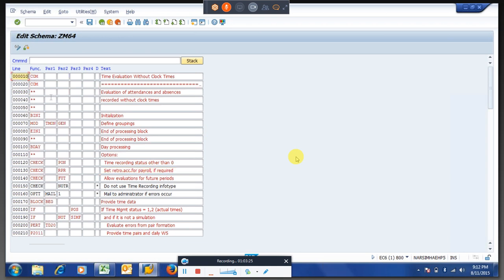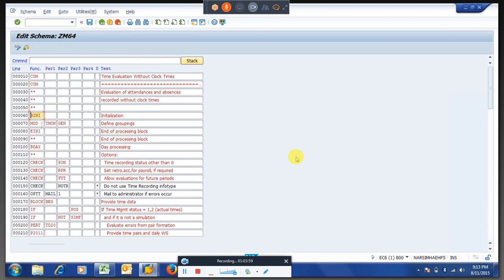All these lines have different functionalities. I will explain a few of the things. Comment function is nothing but the comment line. It's like a header for which purpose the PCR or the schema is here. There will be some functions like begin of installations. If this function is there, all these things are standard things. This function will consist of some ABAP programming code which will get the initial data for time management, that is, payroll periods and all these stuff we created.